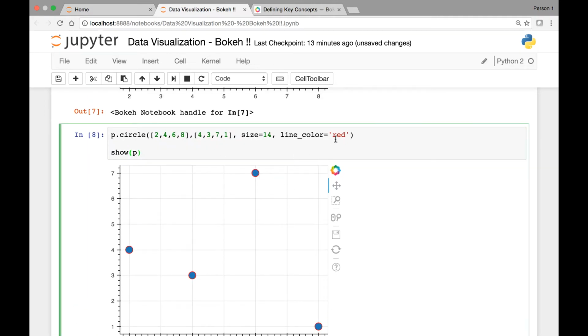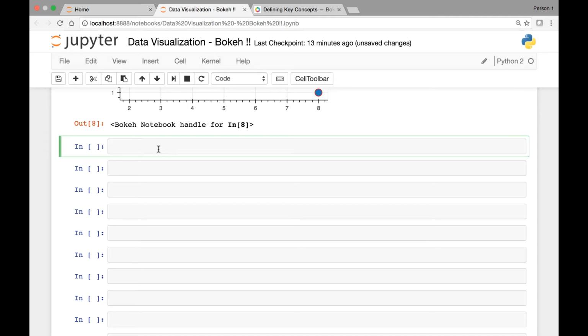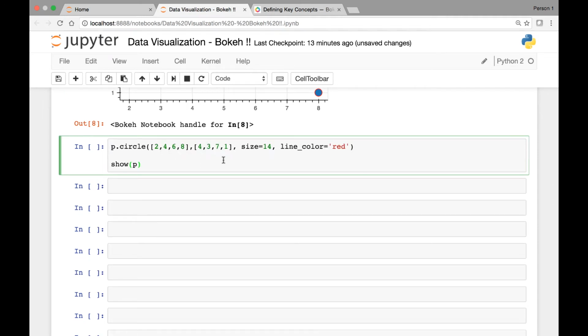And another attribute that we can pass is called the fill color attribute, and that fill color will fill the circle with different colors. So the default is blue. We can change that default value to some other color. Let's see that. Okay, let me paste it here. Let's change the size to 18. You can put any size that you want. So line color, we have red, and then let's pass the fill color attribute, and let's change it to yellow